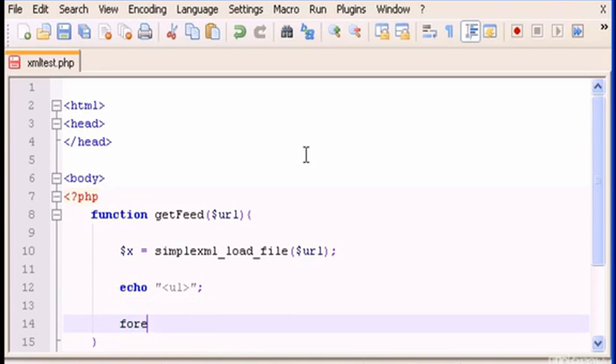And now what we have to do is a foreach loop, and this foreach loop is going to be x, and this is where we access the tags inside the XML that we want to output. So channel, item as entry,